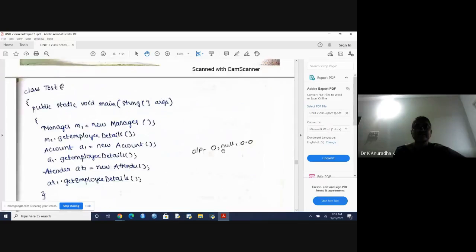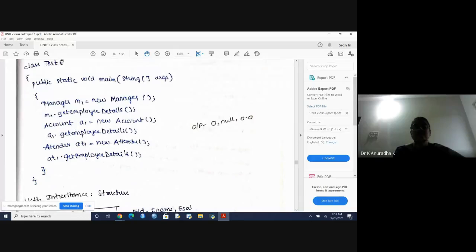Like that, in the same way, here the accountant object is created. Again, the accountant class default